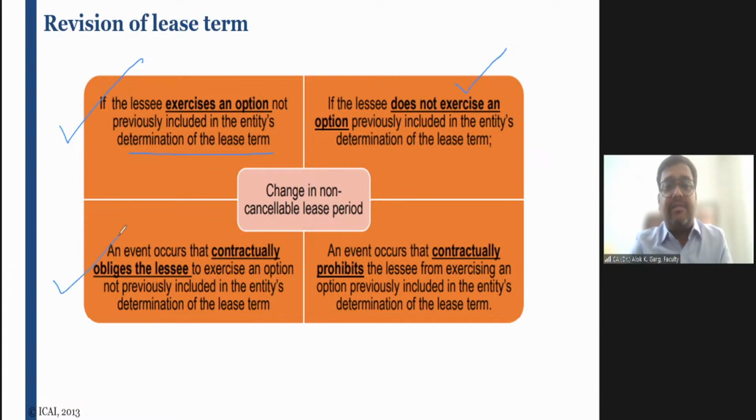An event occurs that contractually obliges the lessee to exercise an option not previously included in the entity's determination of the lease term. For example, the non-cancelable period was 6 years and the 4 years was the renewal period. And after 3 years, the 3-year period of the non-cancelable period is still remaining. So the lessee has entered into